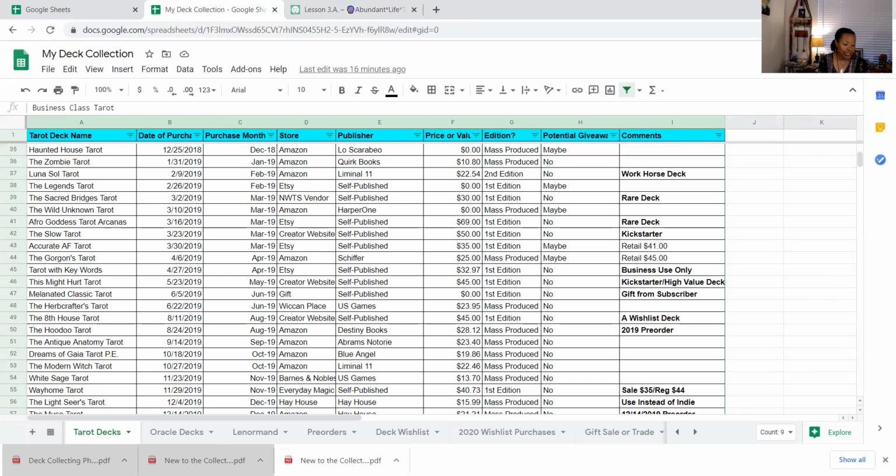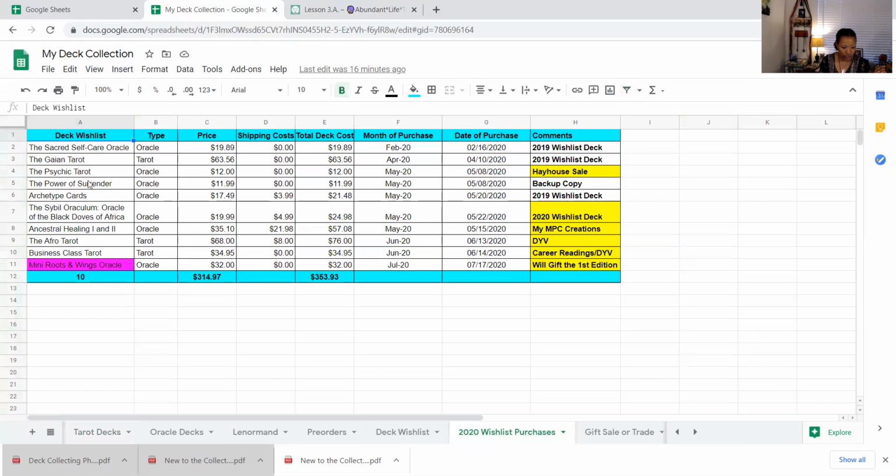So we looked at, I hit two birds with one stone with that, in that I showed you how I work with my personal deck wish list. Right here, you have the deck wish list, so basically the name of the deck, type of deck, and we went through all of that. Okay, just tracking, making sure I cover everything.